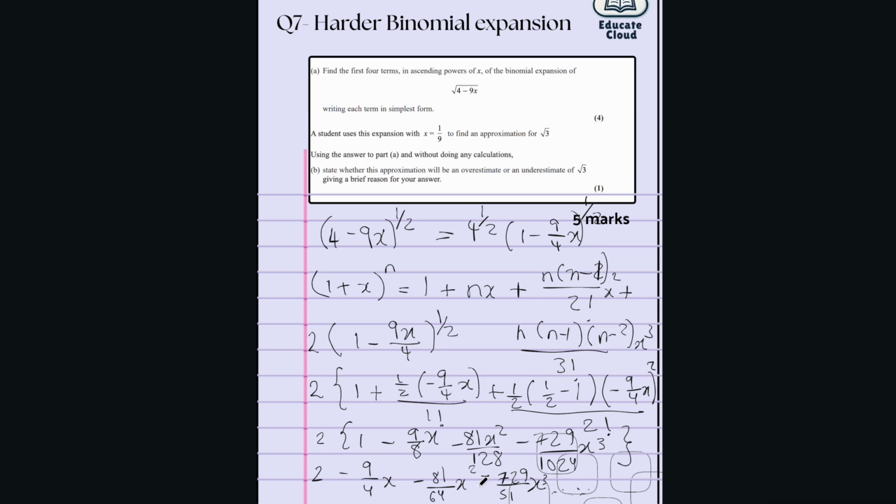Okay, so because it's all negatives, if I went on with this, the negatives would make it smaller. And so this particular answer is an overestimate. So try and really understand this, because it's all negative. If we kept going on, we'd get our value to be smaller and smaller and smaller. And so it's an